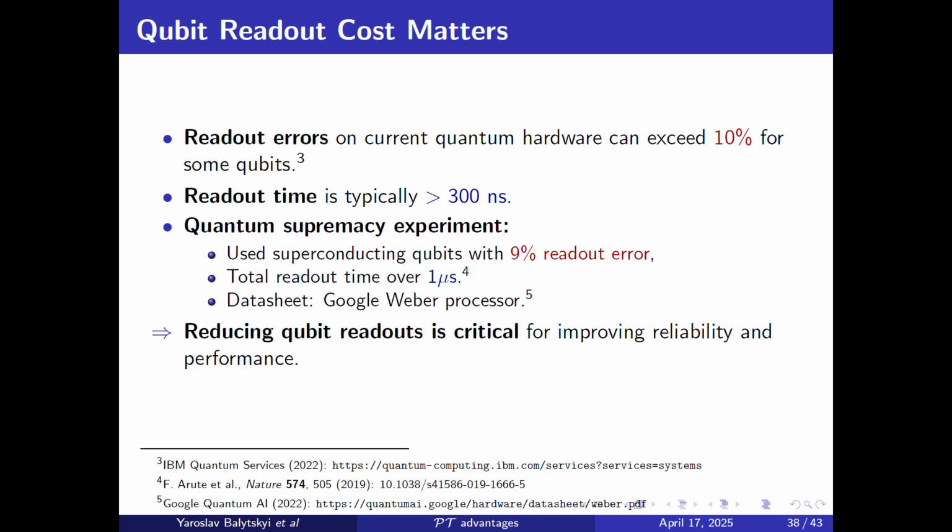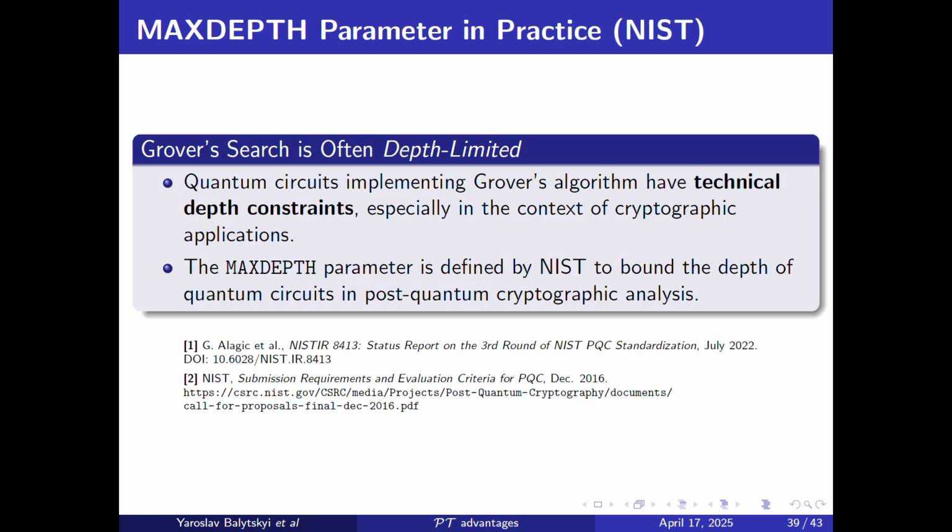And one more thing is that in real life conditions, qubit readout cost actually matters. On current quantum hardware, readout errors can be as high as 10%. Readout time is also large, and thus reusing qubit readouts is critical for improving the reliability of your quantum algorithms. And plus, it may be inevitable that you need to operate at some limited depth of your quantum search because